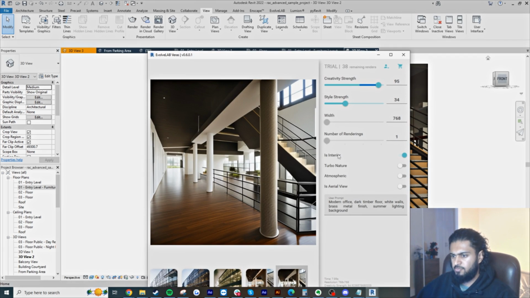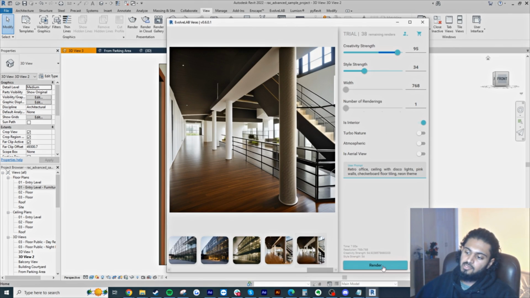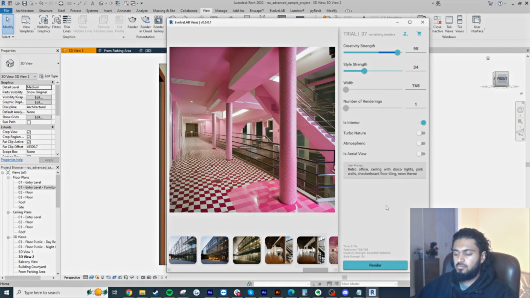I can't see any brass metal finishes, so let's give it a new prompt: retro office ceiling with disco lights, pink walls, and I want checkerboard floor tiling, and I want a neon theme. Let's see if we can make it into a club. I'm gonna hit render. Wow,